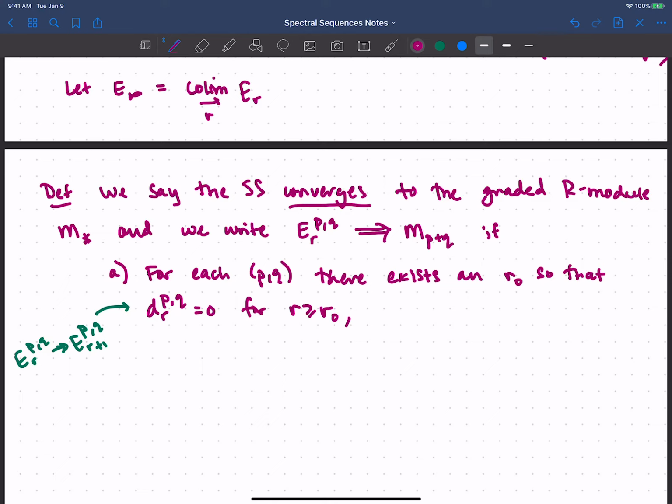And so on for all r greater than r naught. Now, we also need to involve this graded R-module M. So I'll say there's a filtration of this graded module, so that, well, what do we want? For each n,